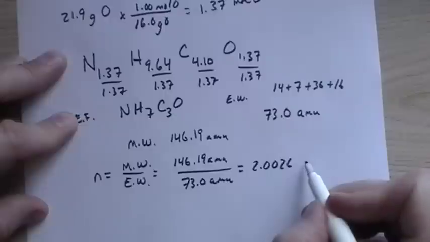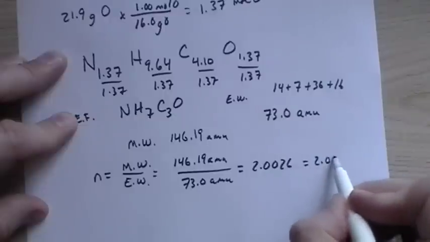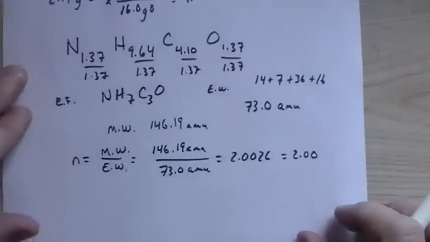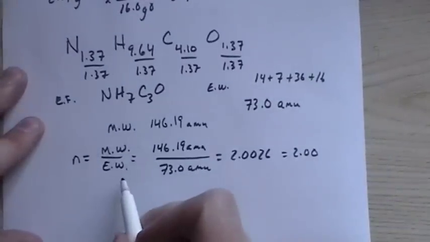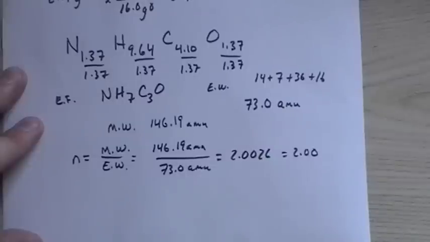And that's going to round the 3 significant figures to 2. That is the ratio of molecular weight to empirical weight. The empirical formula, we know, is not necessarily the molecular formula. It's most likely going to be smaller, and there's always an integer number of empirical formulas in a molecular formula. We've just divided by 2 or 3 or 4 or whatever. So in this case, it looks like the molecular weight is twice as much as the empirical weight, which means